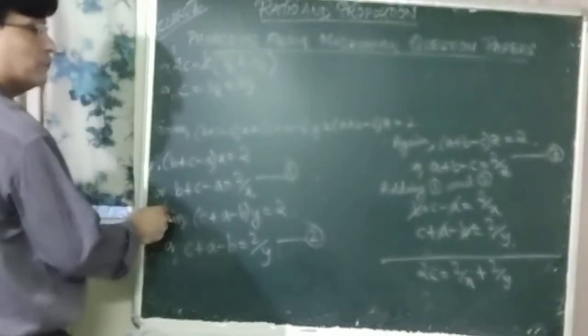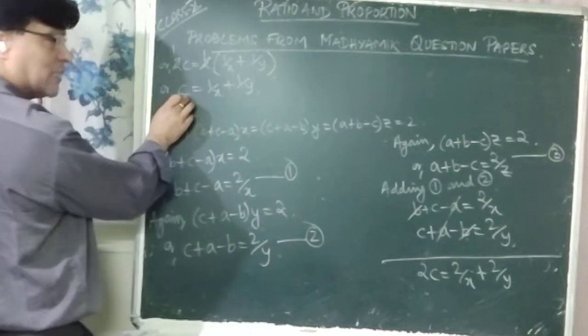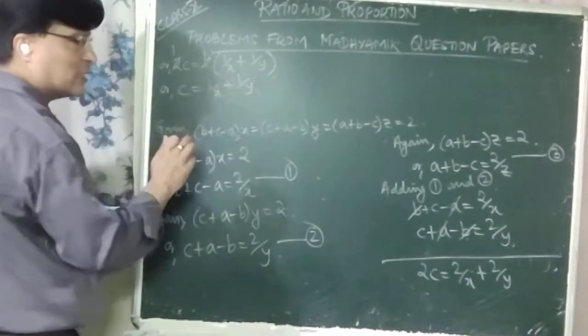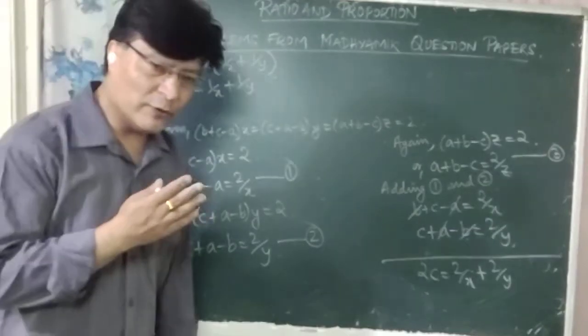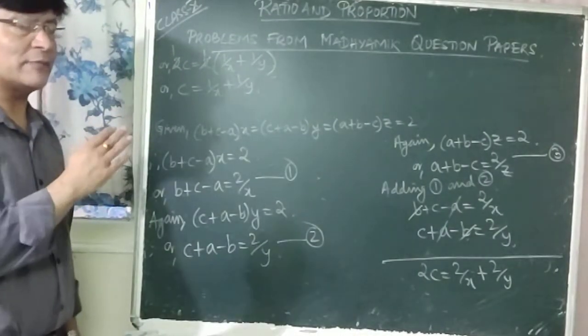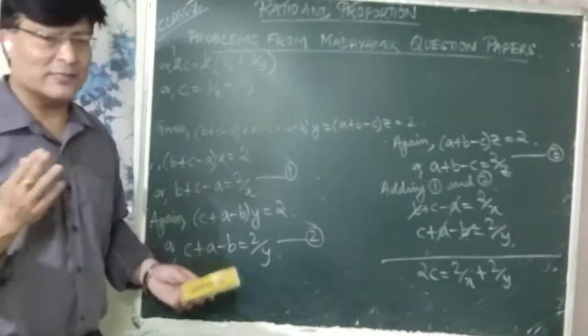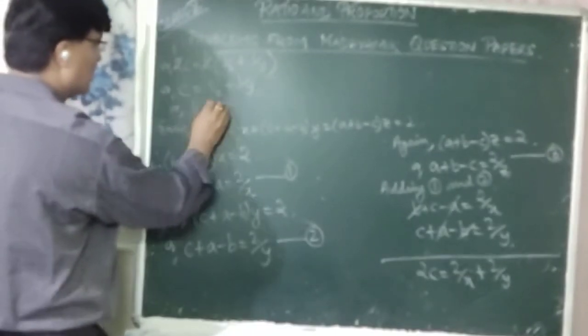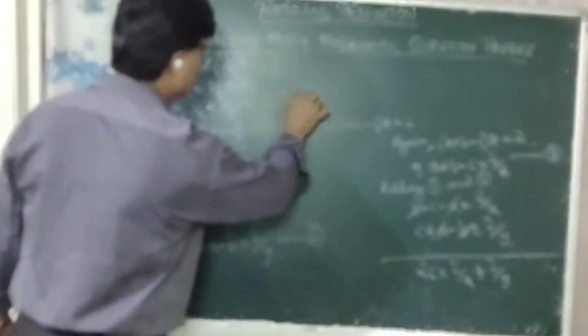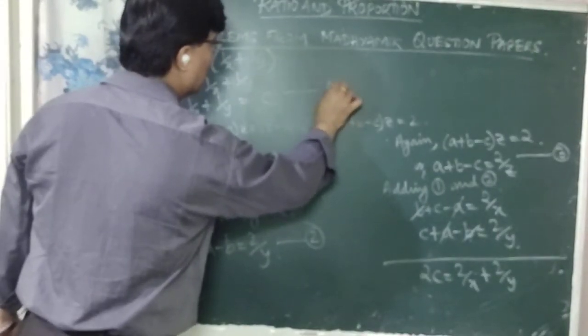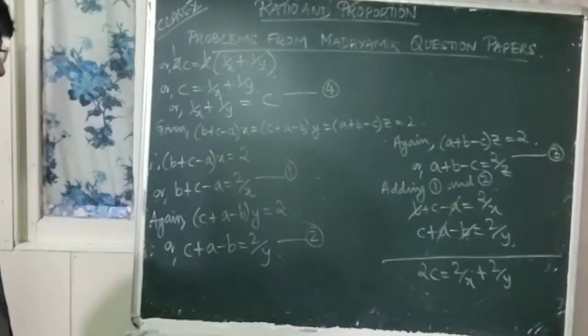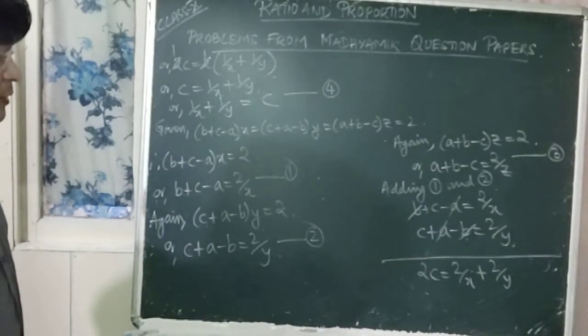Right? If you take all these terms to the left hand side, and take this c to the right hand side, you don't have to change the sign there, because if you take all the terms of the right hand side to the left hand side, it becomes minus, and if you take all the terms of the left hand side to the right hand side, it also becomes minus. If you take minus common and cancel them, you will get the same result. That is, no need of changing the sign here. That is 1 upon x plus 1 upon y is equal to c. Let us mark it number 4. So that means we get the value for 1 upon x plus 1 upon y.